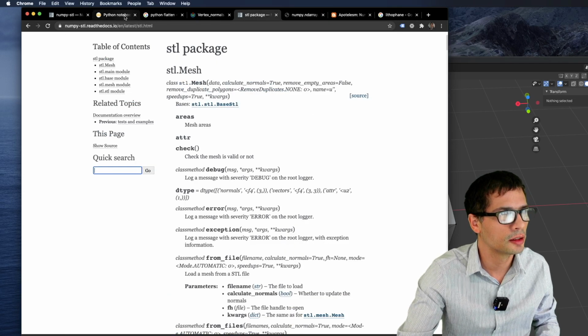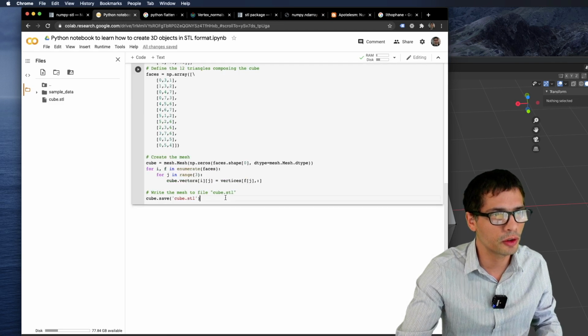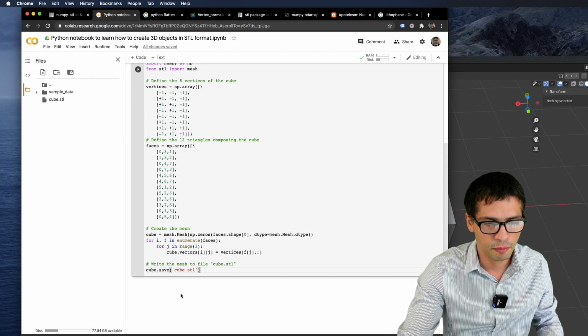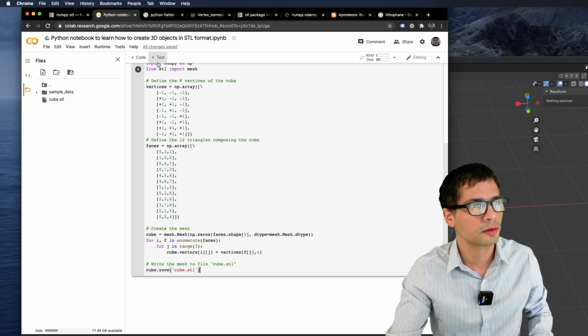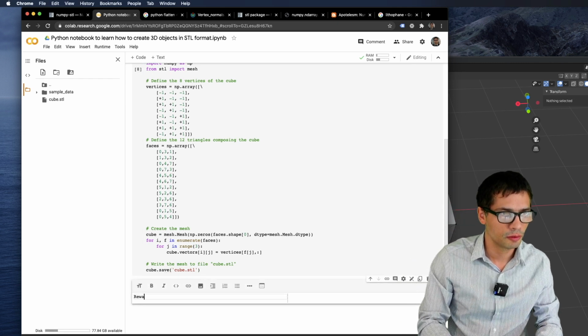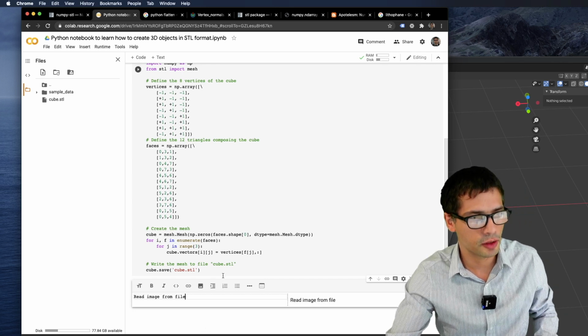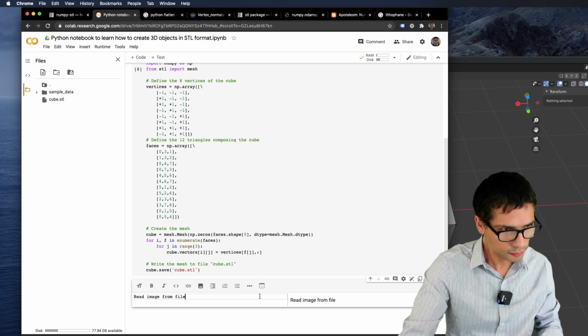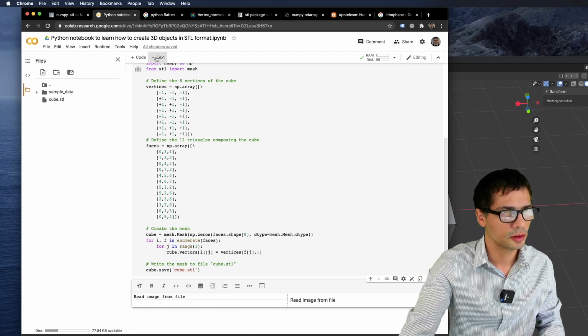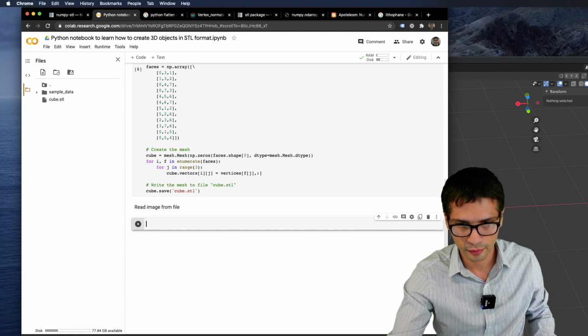Let's see. If I was going to create a lithophane, I would have to use some kind of image as the basis. So I'm going to put some code here: read image from file. Now I have to find an image. Which image should I use?